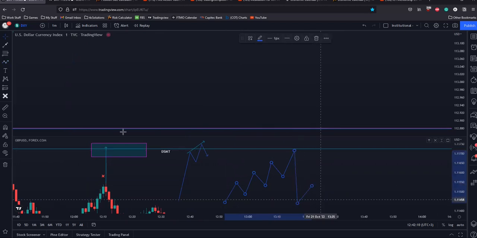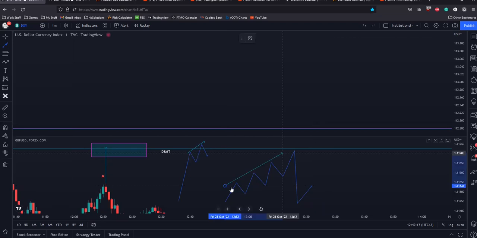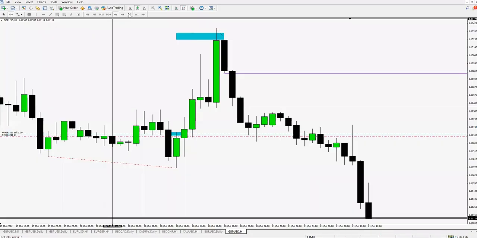Like that, right? So all of this could be SMT. So it could SMT into the entire zone and then sell off right from there. And that's just a characteristic of a market anyway, if you've ever watched it. So you can see it all the time, on any chart,